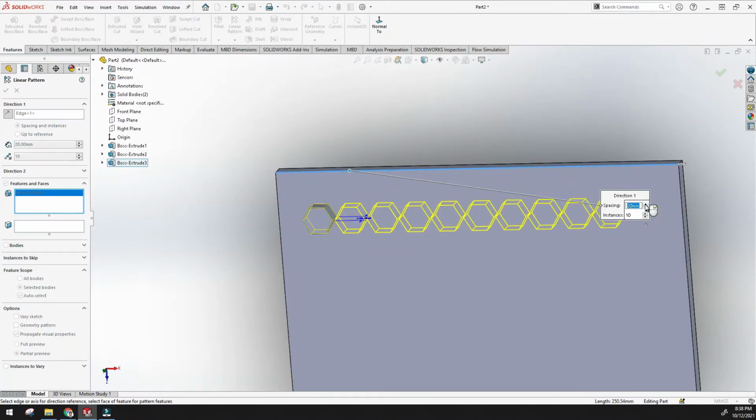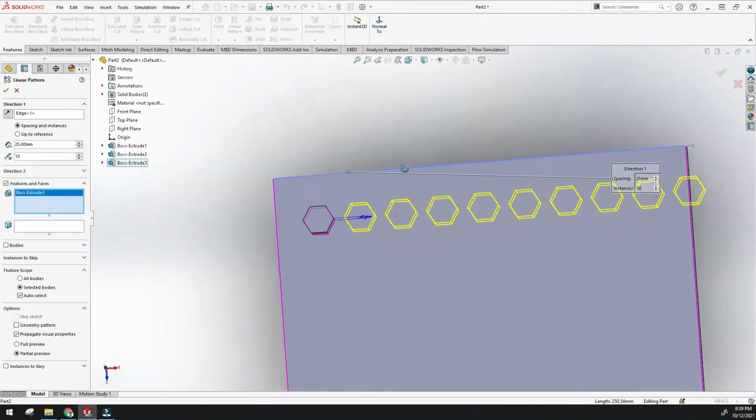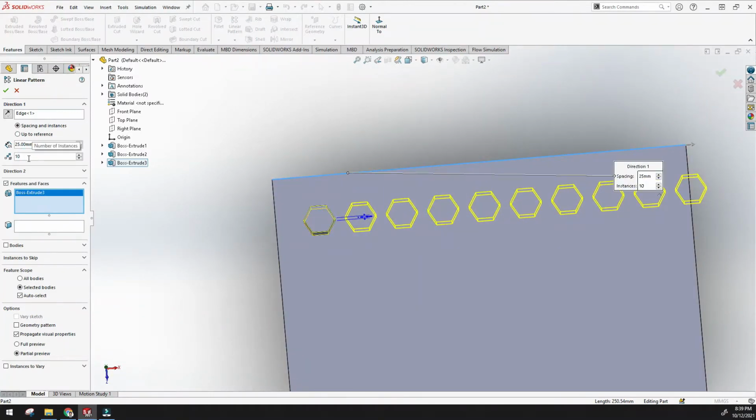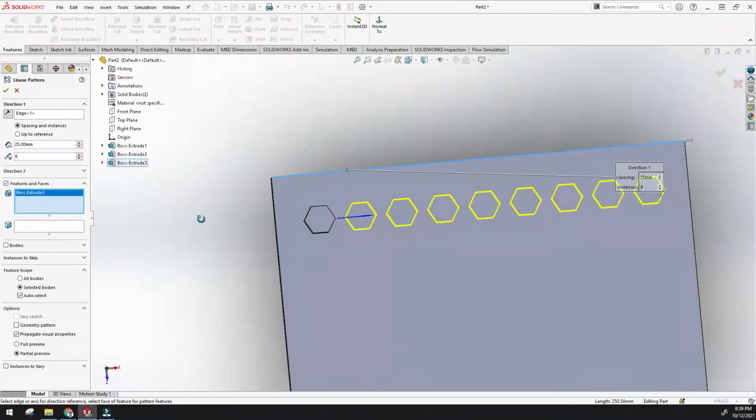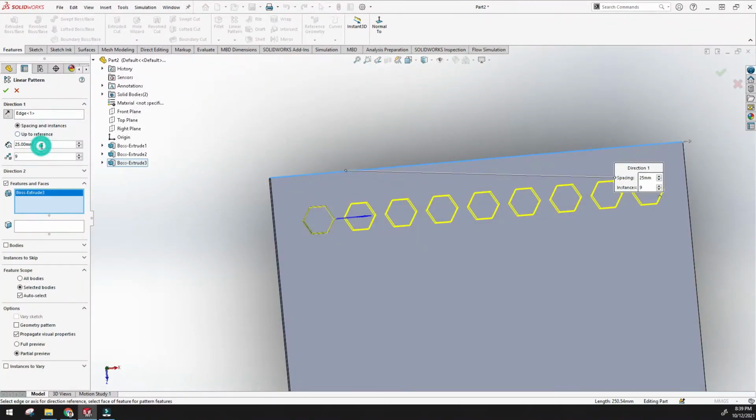Spacing means the distance between two patterns, we can change from here also. Okay, 20, we just give 25. And 10 instances means from 1 to here, from here to here, total are 10, right? So we can give some lesser values. So here it is. Spacing and number of instances, and we have selected the edge from here, direction, and